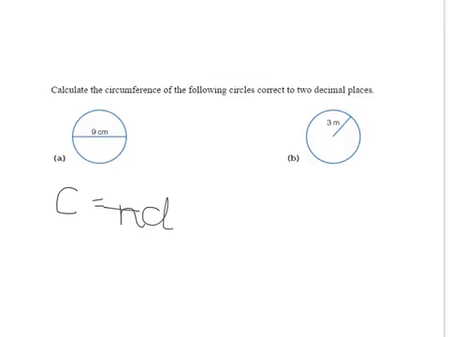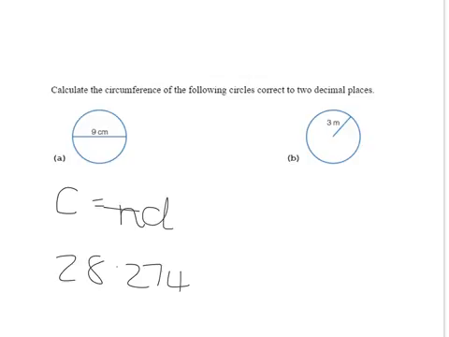So in your calculator, and I've got mine here, put it on, clear. We're going to go pi. Now my pi is on the green calculator, it's on the left-hand side column. So we're going to go pi times diameter. So you would go times 9. And your answer is going to be